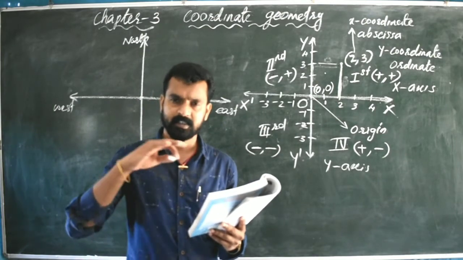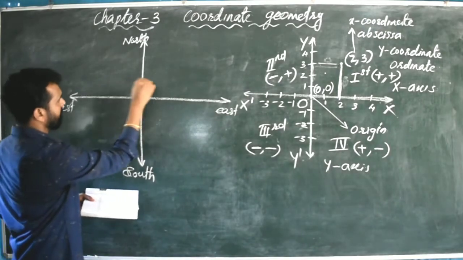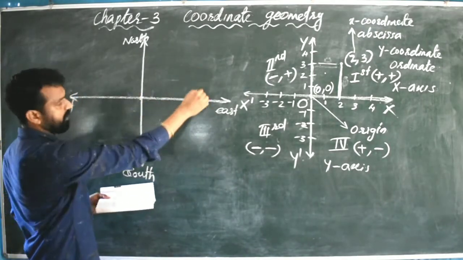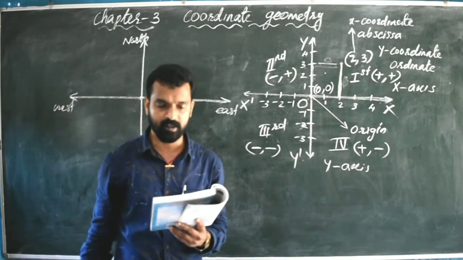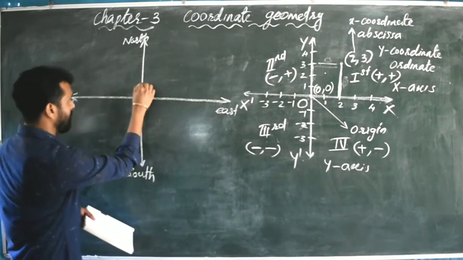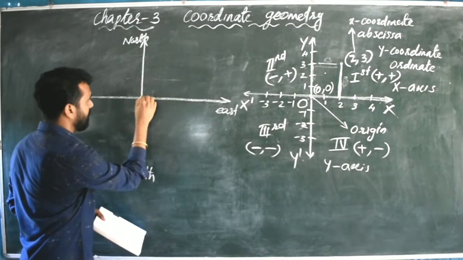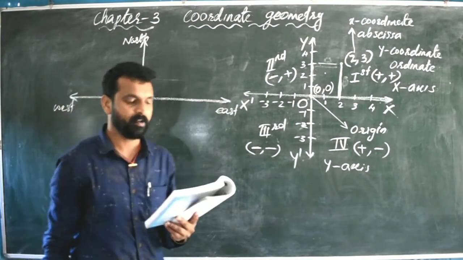How many streets are there? All are parallel to these 2 roads. That means one will be here, then a second one, a third one, like that. All the streets are parallel to these 2 roads only, and all the streets are 200 meters apart. Suppose a street is here, then that is 200 meters away from this main road.